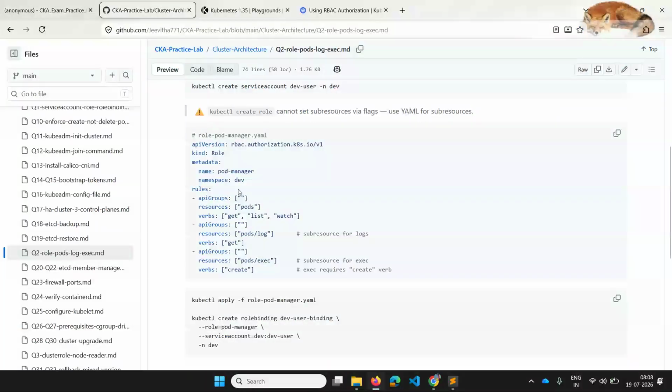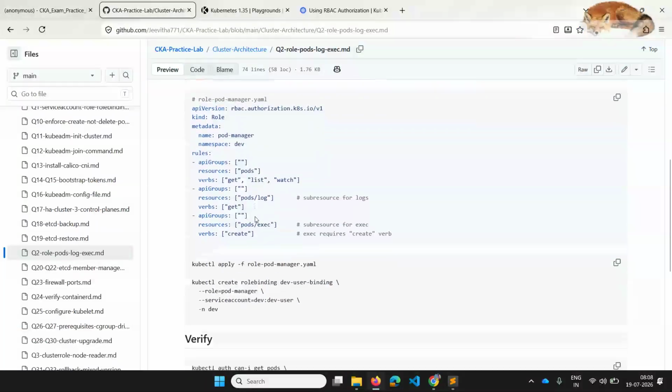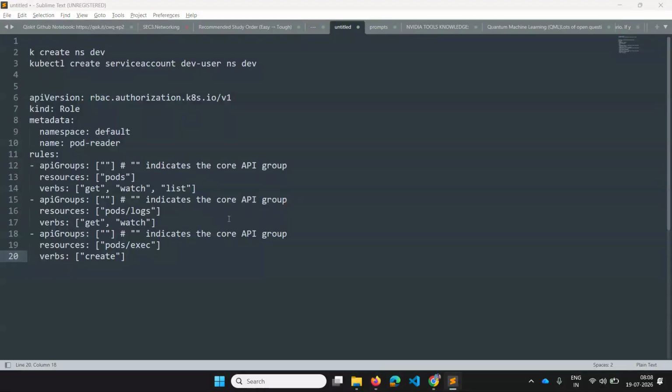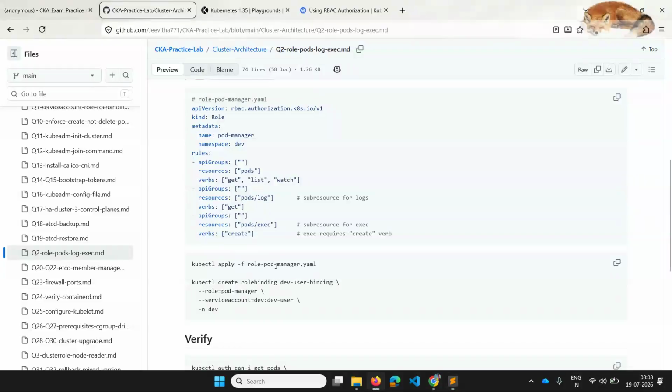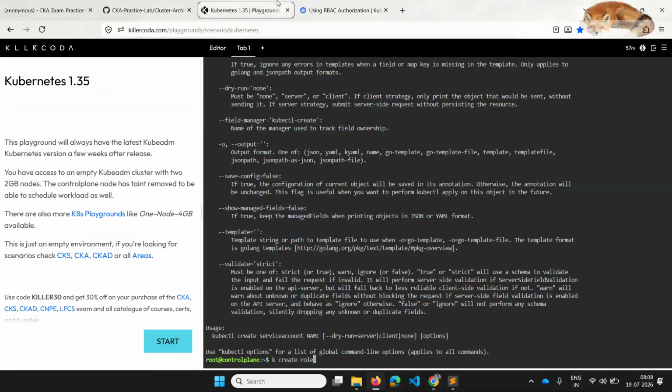Okay, so this way we can create. You also have question number 2 here, how to create a role. The next step is binding this service account with the role. So you can just apply this role and create a role binding.